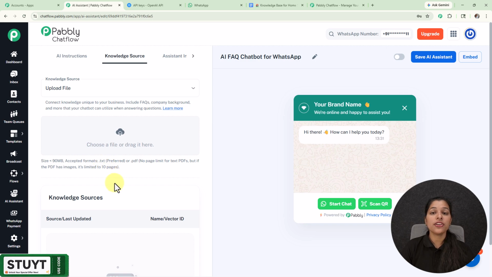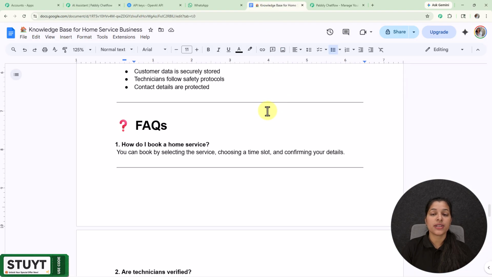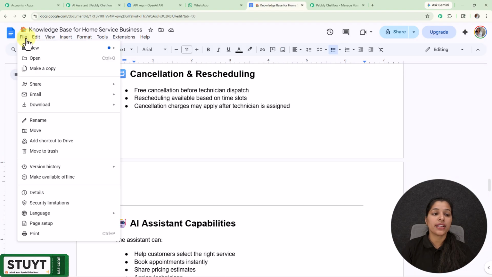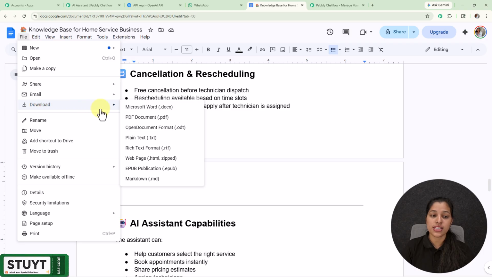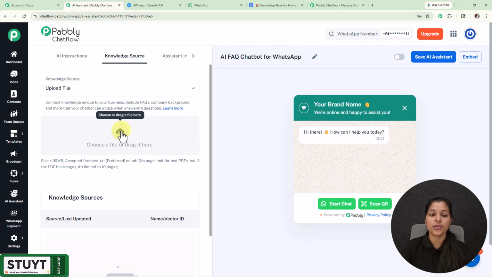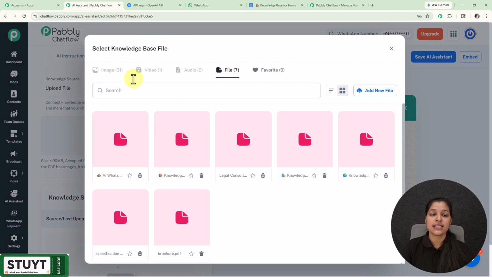And for downloading your file or knowledge base in either of these formats, you just have to go towards the knowledge base which you have created, and here on the file menu we are getting this option for downloads, where we are getting all these file formats in which you can download your file. But as of now I already have downloaded my knowledge base in .txt file format, which I am going to upload. So I am going to just select it, and here I am landed to this media library,